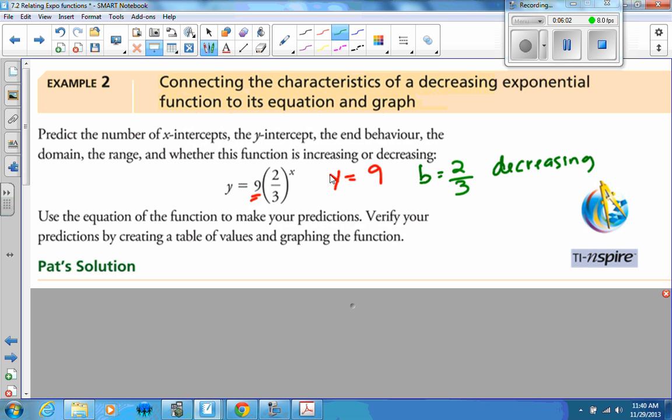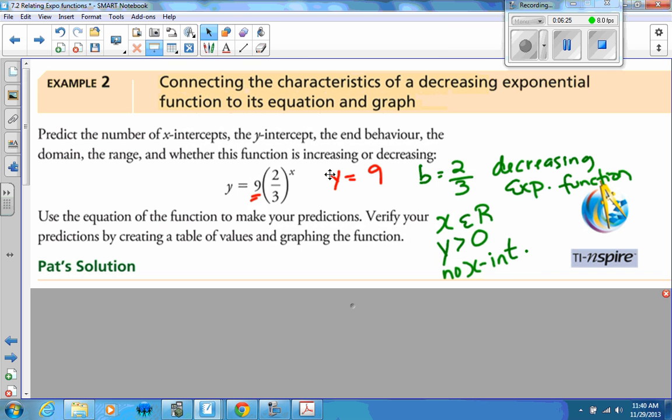Okay? Exponential function. I also know that my x is an element of the reals, and I know y is greater than 0, and I know that it has 0 or no x-intercepts, right? So I know all this from last section and just from looking at the graph. So if I go to graph this one,